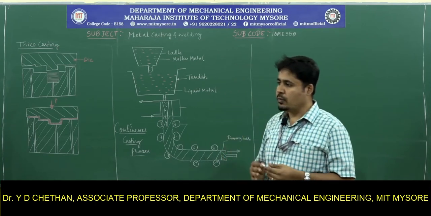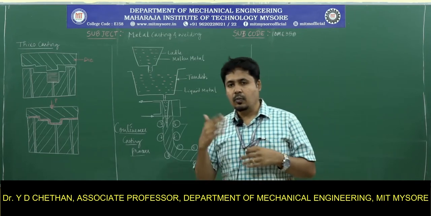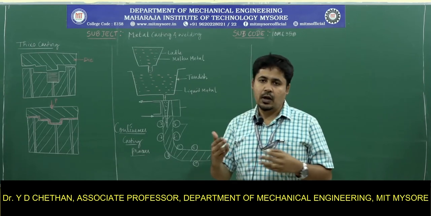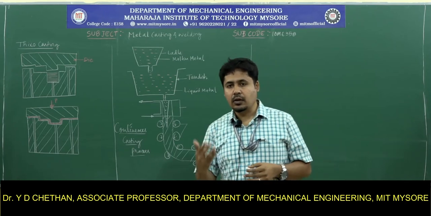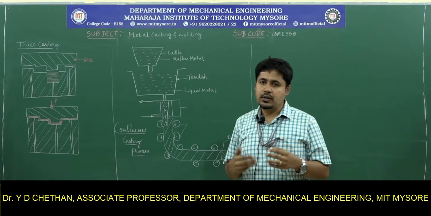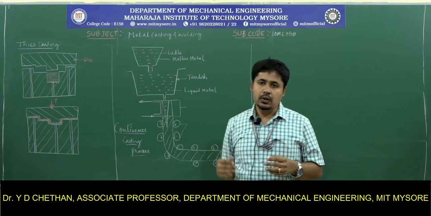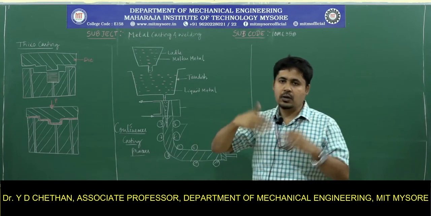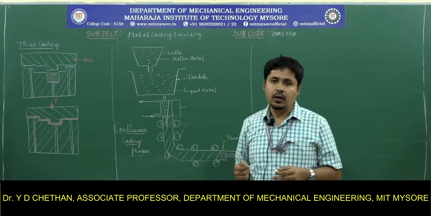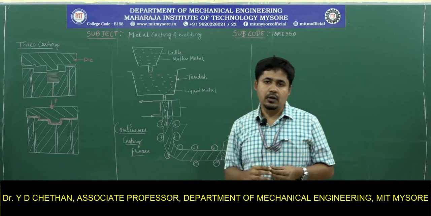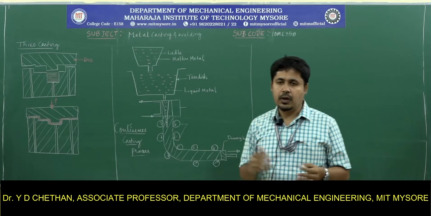Then that was followed by centrifugal casting, where the mold is rotating at a certain RPM, from 300 to 3000 RPM, and the molten metal experiences centrifugal force. As the molten metal gets into the mold, that centrifugal force throws the molten metal onto the walls of the mold, so the mold can retain the molten metal until it solidifies. That is the beauty of the centrifugal casting process. It can be used for producing alloy shapes, pipes or bars.